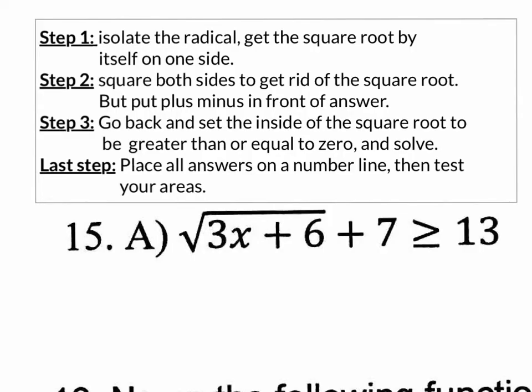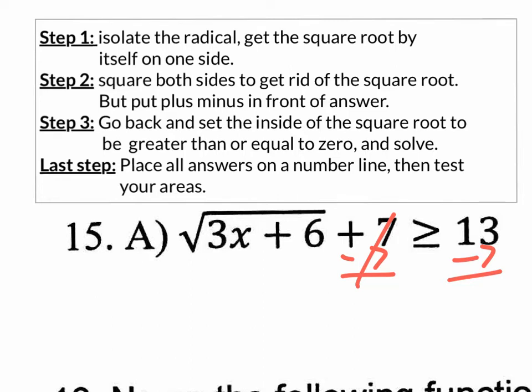In order to do 15A, it looks like there's a lot of steps here, step 1, 2, 3, and last step 4. But in reality, step 1 and 2 are solving, right? So step 1, isolate the radical, get the square root by itself on one side. You don't want this plus 7. So obviously we are going to subtract 7,